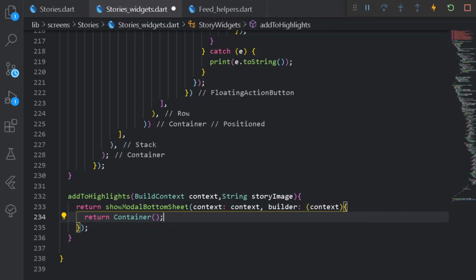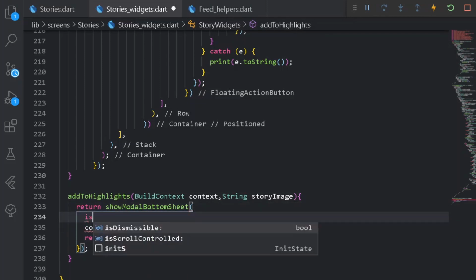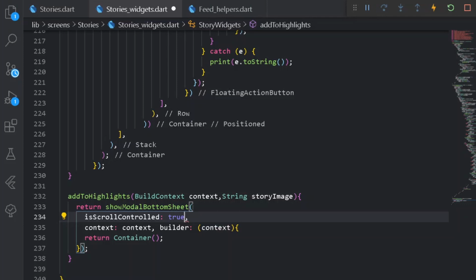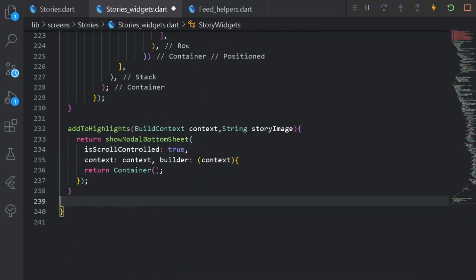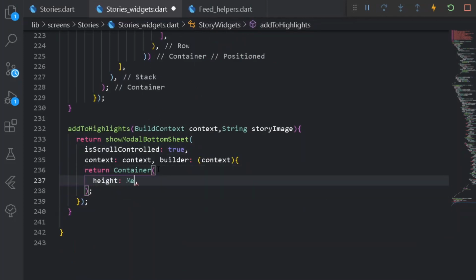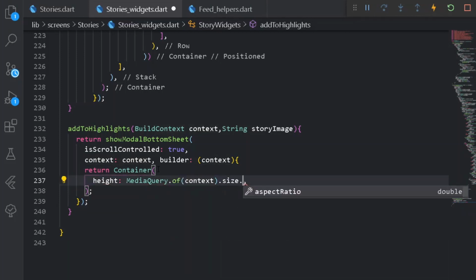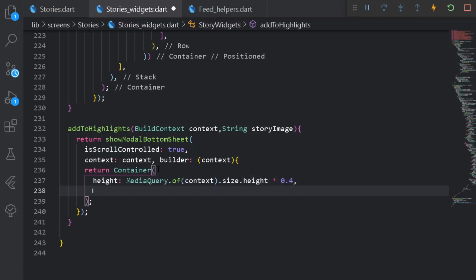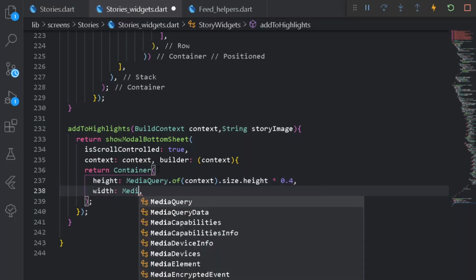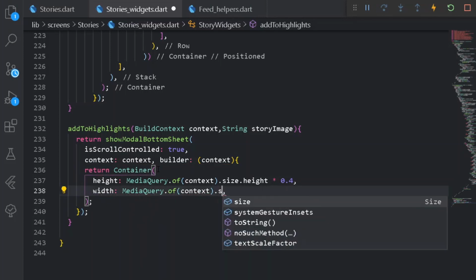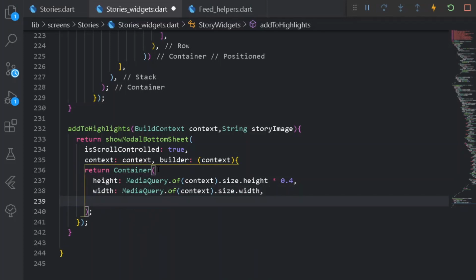So here first of all we can do one thing, add the following property of is scroll controlled to be true, and here under our container, first of all let's have somewhat height for media query dot of for size of height. So let's multiply the following height into 0.4. Also let's have somewhat width under media query dot of for the following size of width, and after that we shall be having somewhat decoration for box decoration.